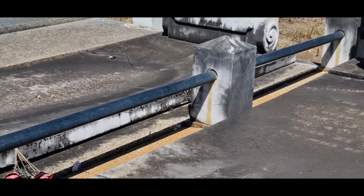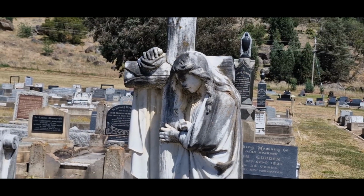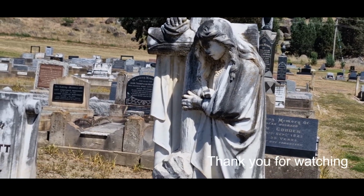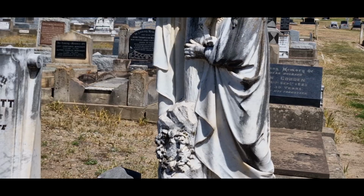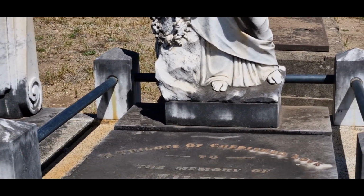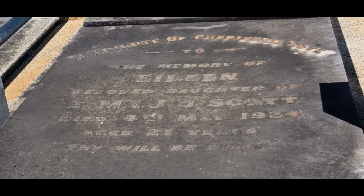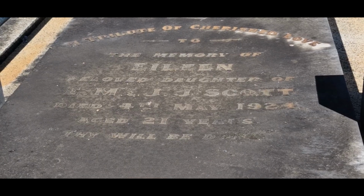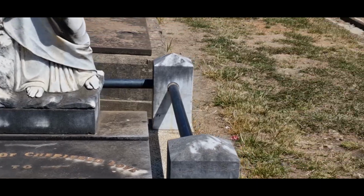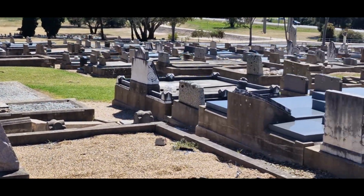And this is a lovely little cross with a sorrow lady and a hand over. This is the memory of Elaine, who died at 21 in 1924. So there is quite a few,